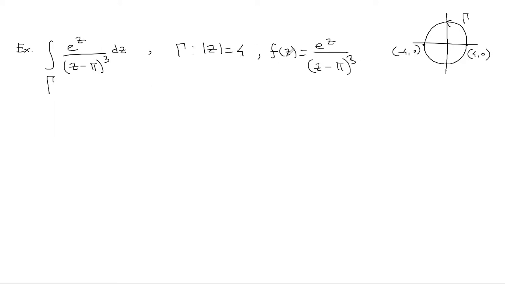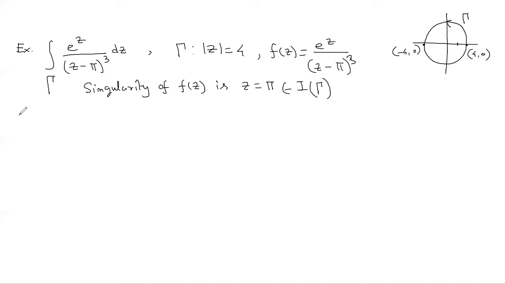So for singularities of the function fz, we'll equate the denominator to 0 and we get singularity of fz is z is equal to pi. Now the value of pi is equal to 3.14 approximately. So this belongs to interior of gamma because this is a circle with center 0 and radius 4. So pi is situated inside gamma.